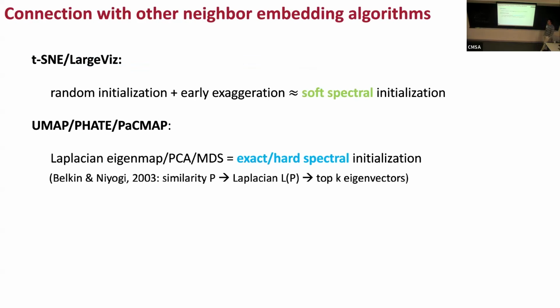And now I want to compare this t-SNE with many other algorithms within this family. So t-SNE and another algorithm called LargeVis have the same procedure, basically early exaggeration plus the initial random initialization. And in both cases, as we can see from the previous slides, it's a kind of soft threshold spectral initialization. It's just the weighted average of the